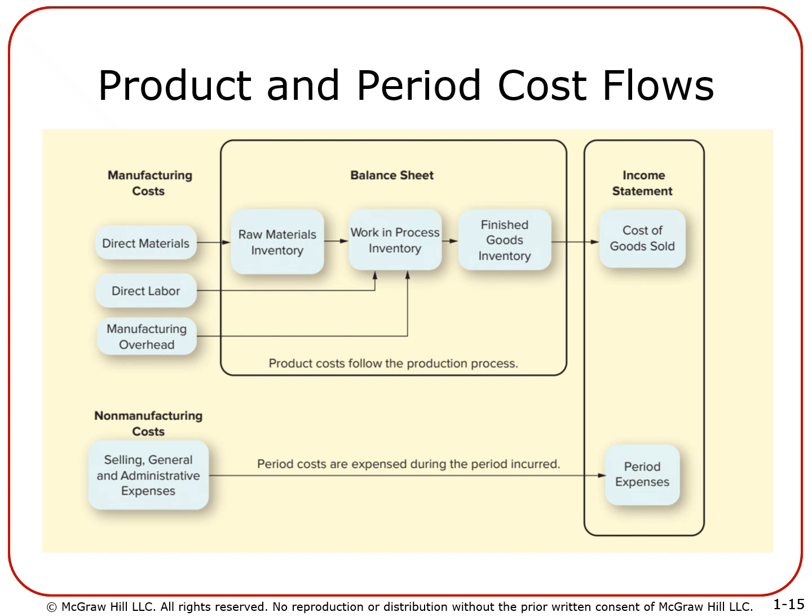As soon as the product is finished, we don't call it work in process anymore, that's finished goods. It's now ready to be sold. Now this finished goods expense, what we're going to do is that once we have this finished goods, we sell it, and as soon as we sell it, it becomes cost of goods sold. Now you see here, the manufacturing costs that you see, they are playing all these roles here. To determine the cost of goods sold, starting from the beginning to end, these are all playing the role.